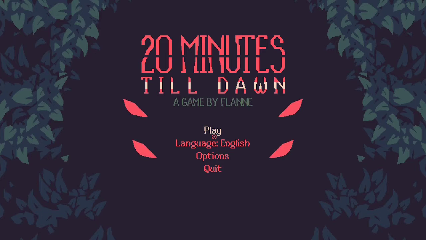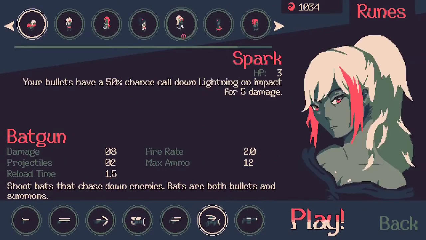So 20 Minutes Till Dawn, like I said, I think it's technically classified as a roguelite action game. You can call it a bullet hell, whatever other synonymous words you have for this type of genre. I know it's not really extremely defined just yet, because these games are slowly but surely getting even more popular. But basically, we have